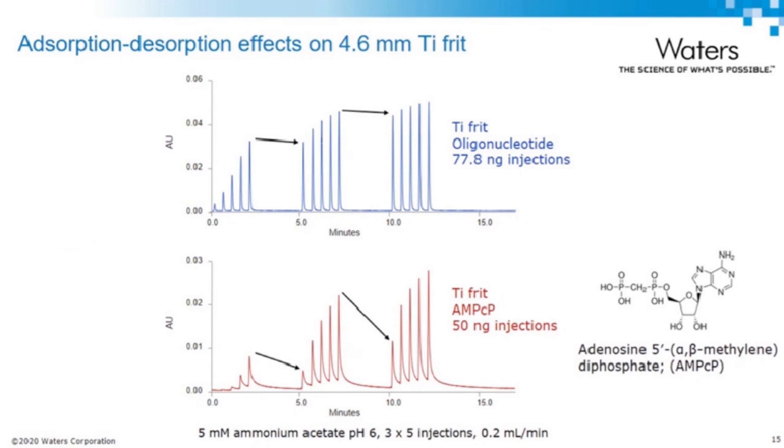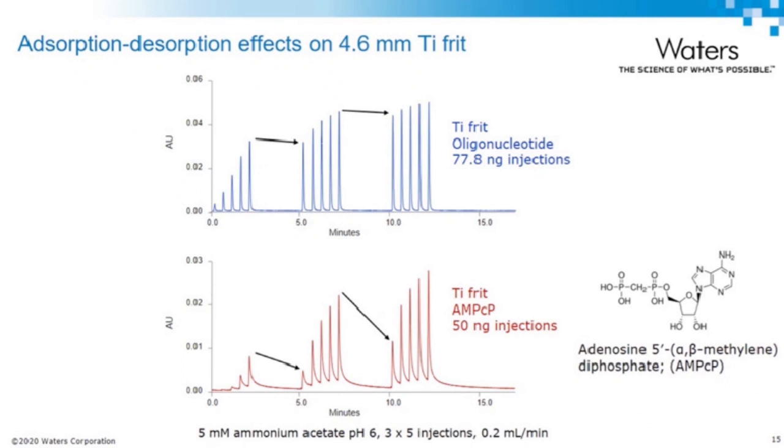On this next slide, I've shown you many different experiments, and here is another one. I include this one because it is different. In previous examples, we always used a stainless steel frit. In this example, I show you how it looks with a titanium frit. On the upper chromatogram, you can see 5 injections in 3 series of oligonucleotide. You can see a familiar pattern of buildup of material. The sample was adsorbed and conditionally passivates the frit, and the recovery gets better.